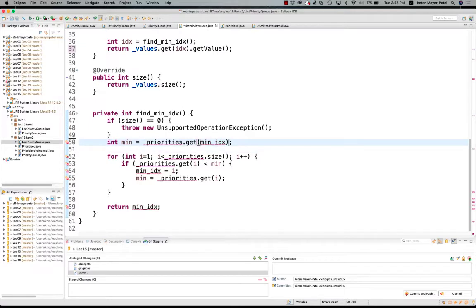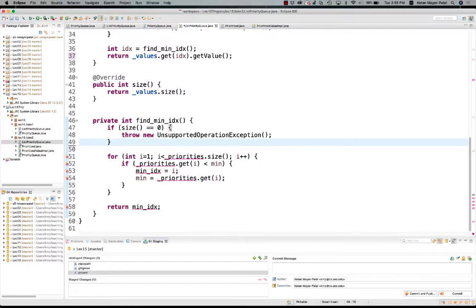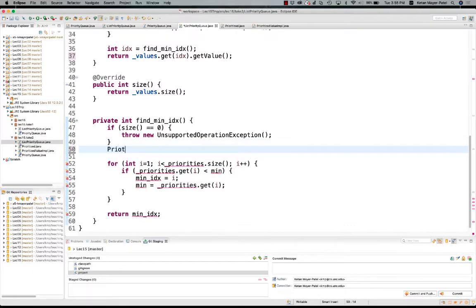I want instead to keep track of what is my minimum prioritized value. So my prioritized value V min equals whatever is at 0, which is values.get(0). Great. And for i equals 1, going through all of my values,